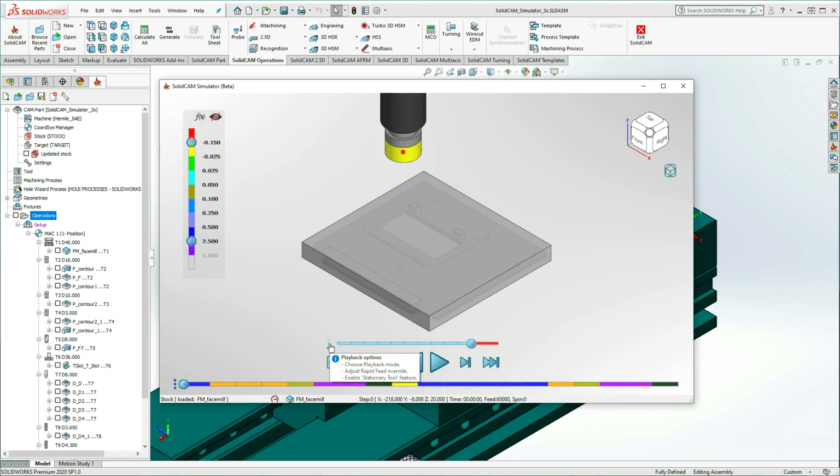Tooltips are also displayed for our available playback options and the operation bar options. Furthermore, the operations bar displays details such as operation types, toolpath steps, and corresponding machining times. The operations bar slider and thumb shows valuable information on the different ways to advance through the simulation and for